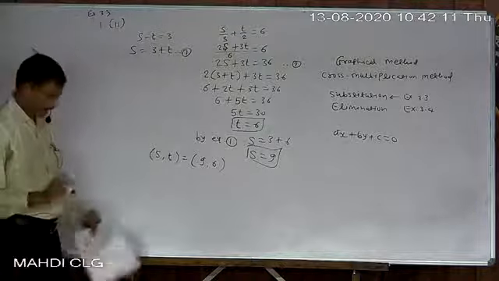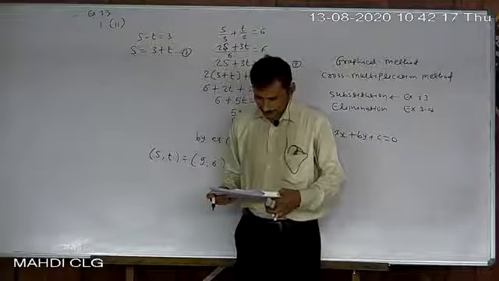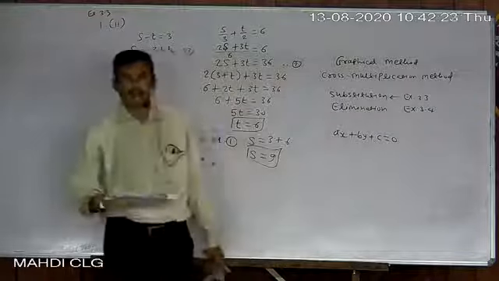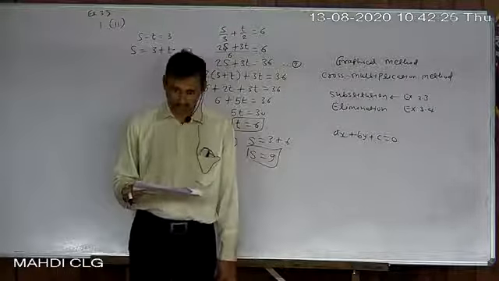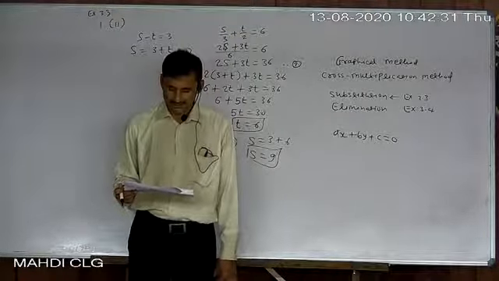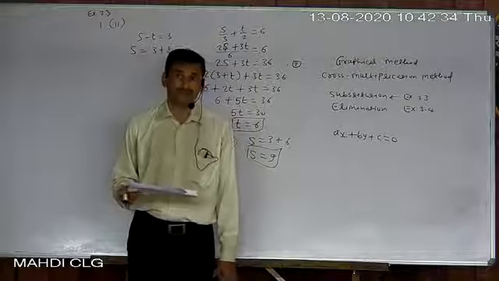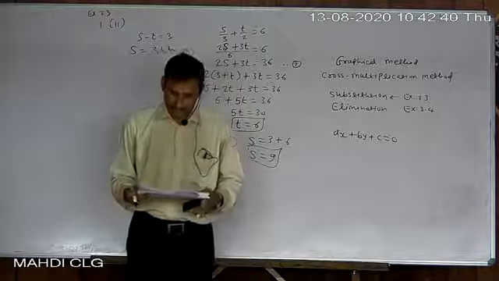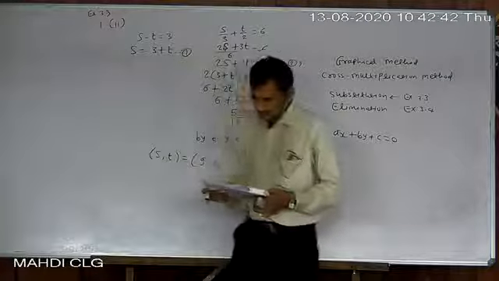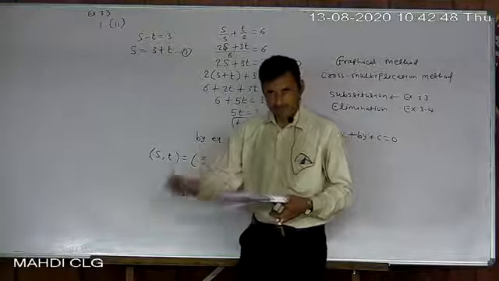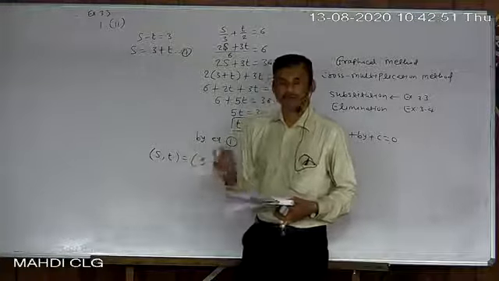Now number 3. For the time being I will skip number 3 because that is quite different. Both equations are equal here. If you multiply the first equation by 3 or divide the second equation by 3, then both become equal. So how to solve them? After all, they are one equation only, not a pair. So what to do? That we are not discussing now. We will solve it in the next period, tomorrow.